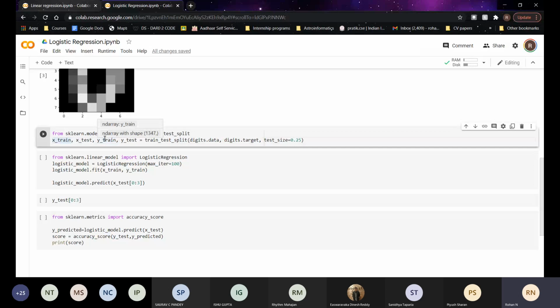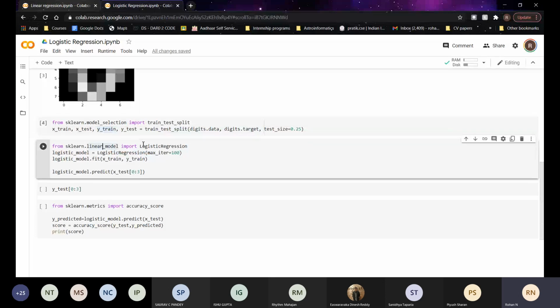Then we again import logistic regression, and we initialize it in this manner. Here there is a parameter called max iteration, or max iter. When you do gradient descent or any other optimization, you obviously know that you have to do multiple iterations of that.